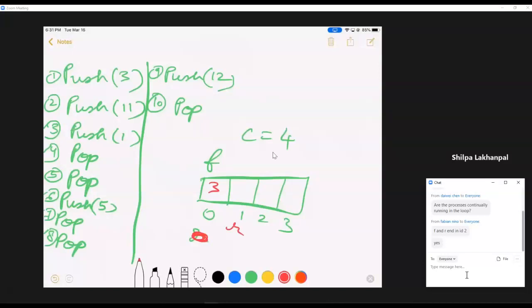Then push 11 does the same thing, puts 11 over here and moves R one location to the right. Then push 1 puts the item here and moves R one location to the right. So far, is this clear?